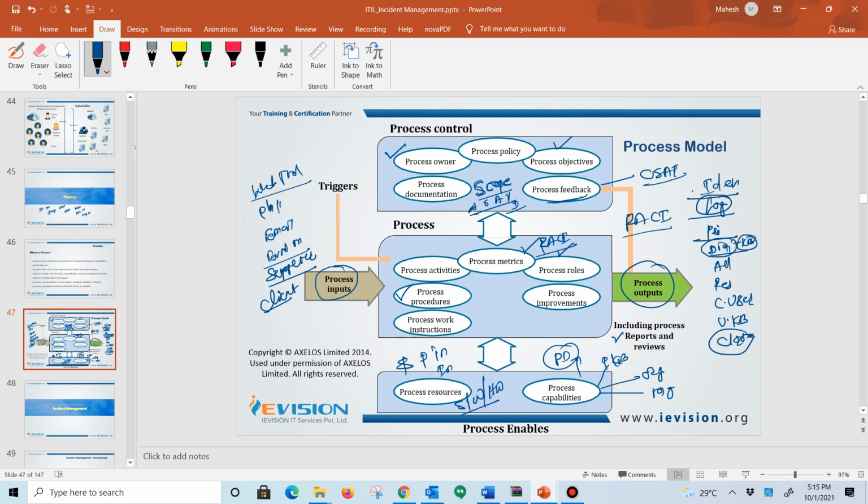When it comes to dashboards, a dashboard is a high level overview of that respective process. For example, with respect to one of the services, how many incidents were logged for that particular service in 1 month, 2 months, 3 months, that is high level. What is the average resolution time? So you can give a high level view of the performance of that process with the dashboards. Thank you.